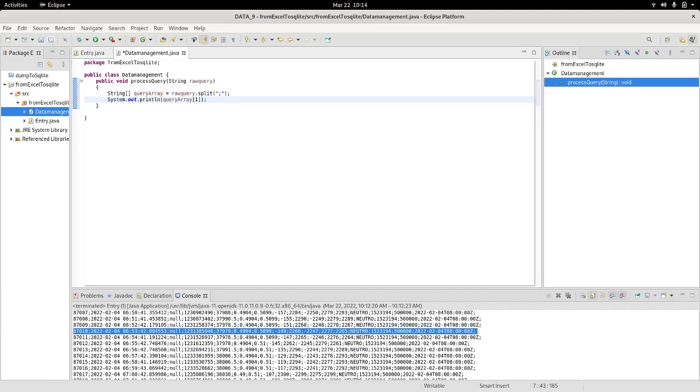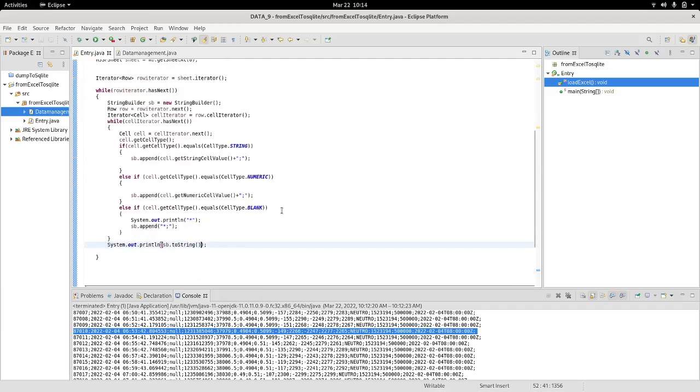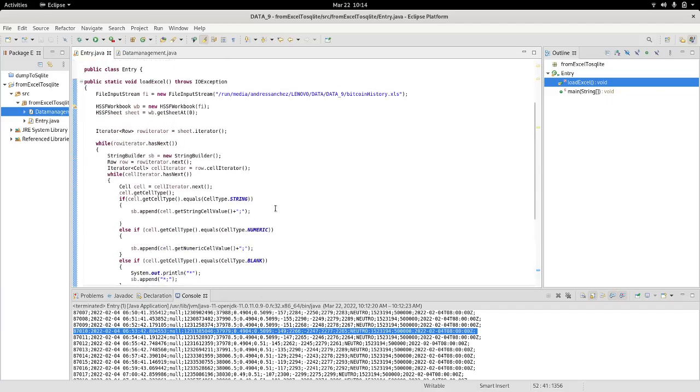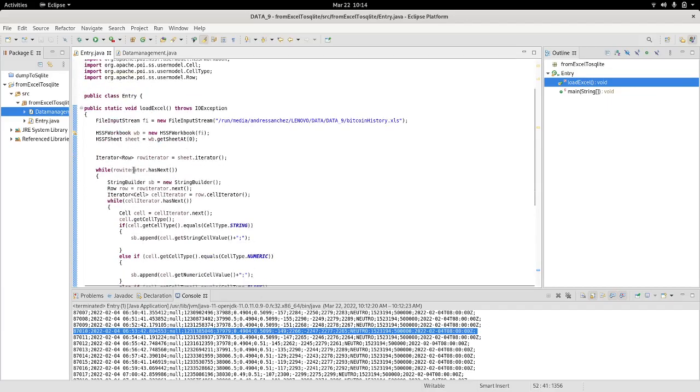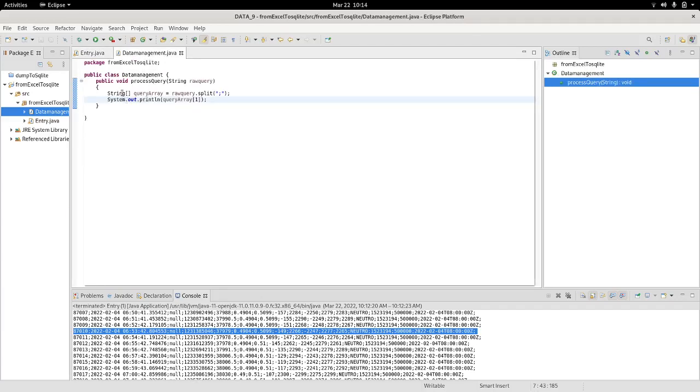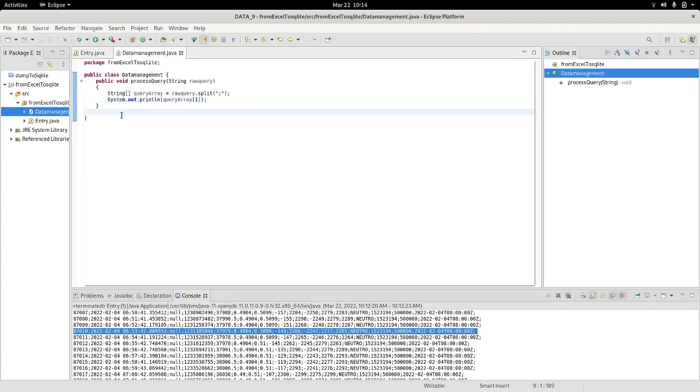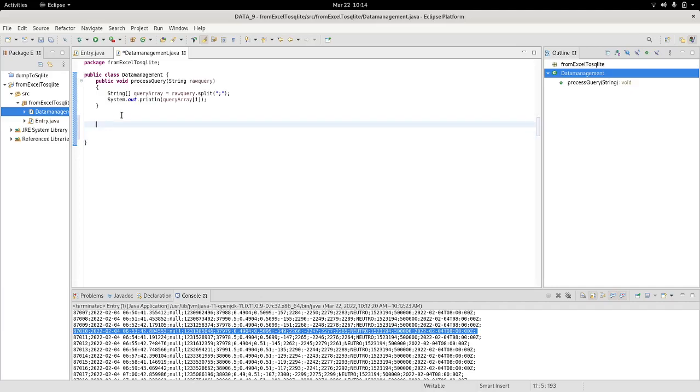And if I go back to my entry, I would like to also outsource this, right? Yes, I would like to outsource this, so I will create another, this is the process query. I would like to create something, let's call it loop through Excel, something like that. Public void loop through